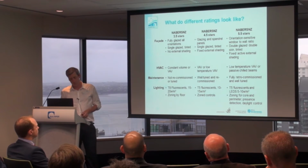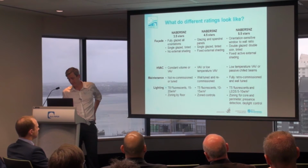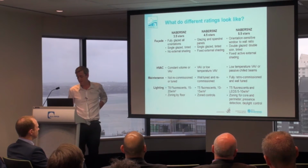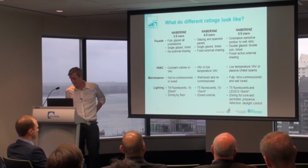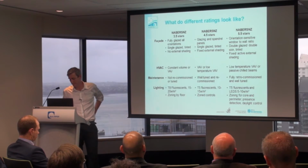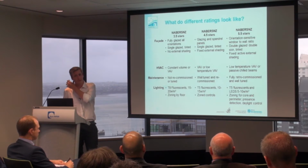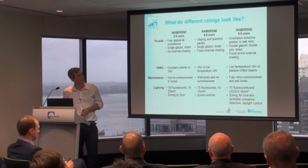So if you want a 3.5-star building, quite often they're fully glazed orientations, might be single glazed, tinted, no external shading. A 4.5-star has glazing with spandrel panels, single glaze, tinted, fixed external shading. If you want a 5.5-star, orientation-sensitive window-to-wall ratio, double glaze, double skin, tinted, fixed active external shading. So you can see quite a big difference between the outside of the building. Quite often a lot of these older buildings aren't going to get to that level with all the changes, but